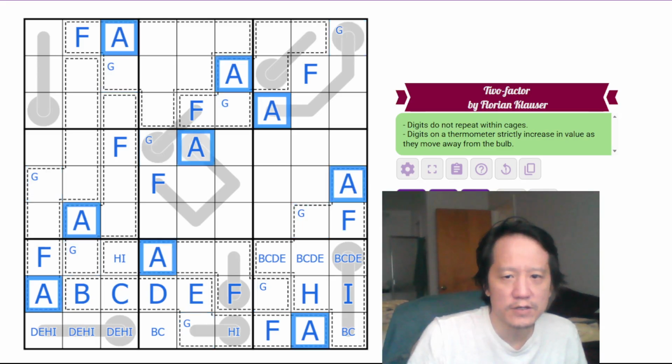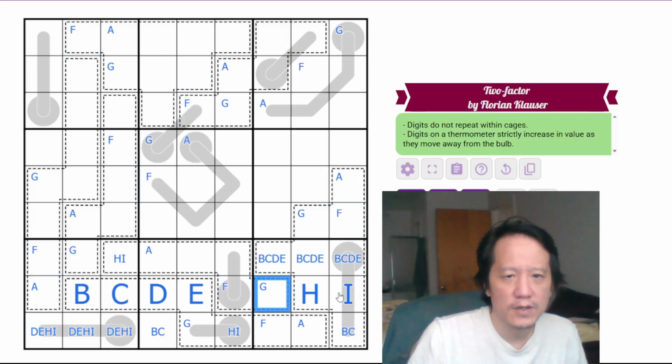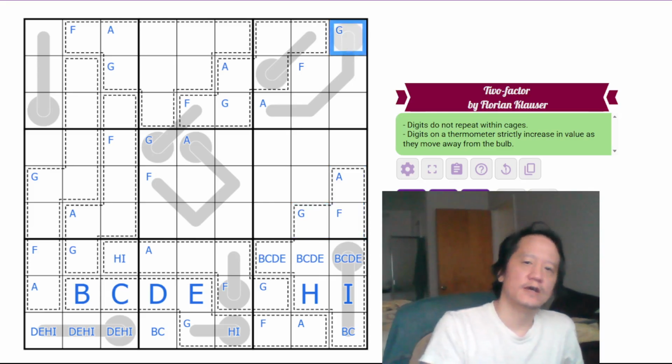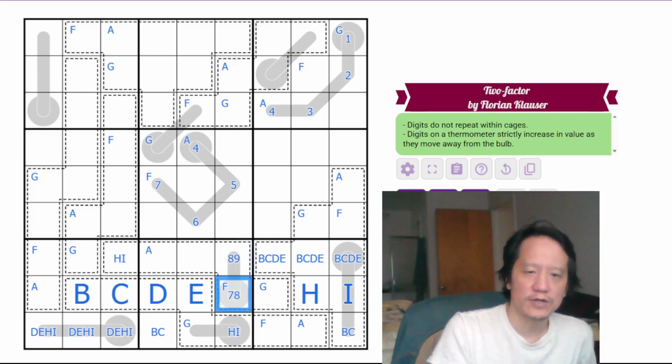Same with the A's, and same with the F's. G has to be at least 1, 2, 3, 4. That means this is at least 4, 5, 6, and 7. This must be at least 7. That's 8, so this is 8 or 9, 7 or 8, 6 or 7, 5 or 6, 4, 5, 4,